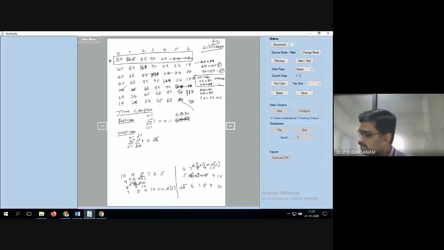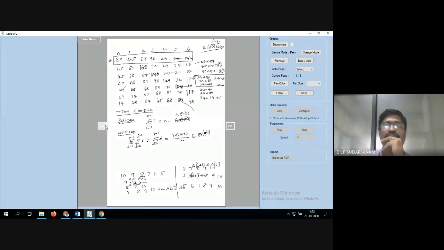You know that already: summation i is equal to 1 to n minus 1 of i. So that is equal to n into n minus 1 divided by 2, which belongs to theta of n square. That is called the time complexity. Double summation, i goes from 1 to n minus 1 of i, so that is equal to n into n minus 1. This first one itself we have solved.